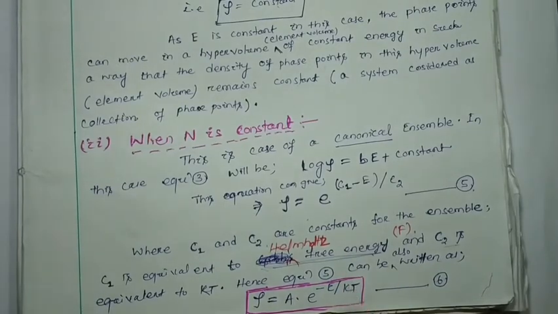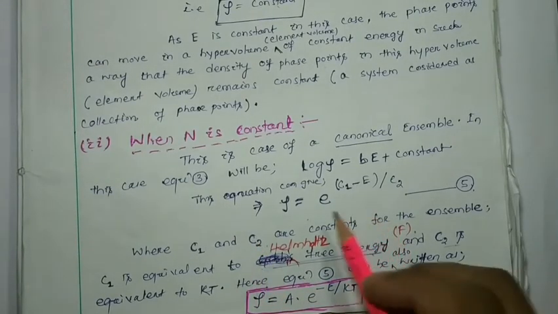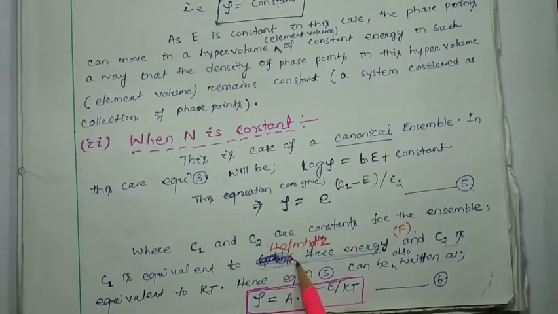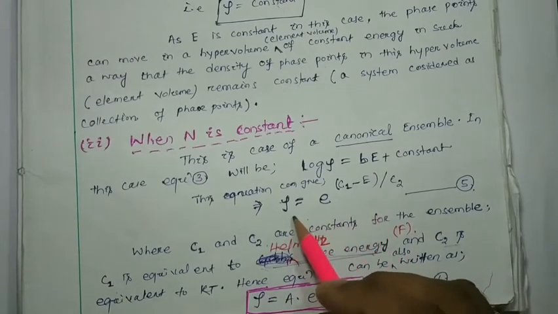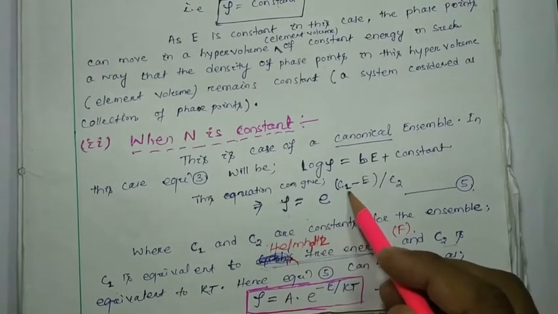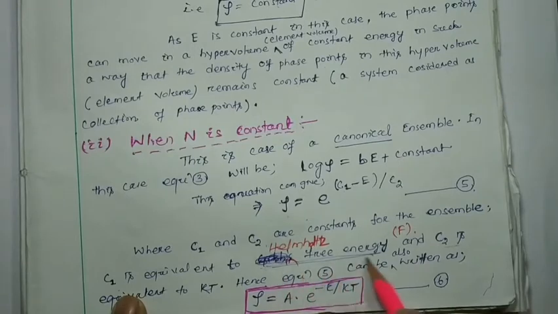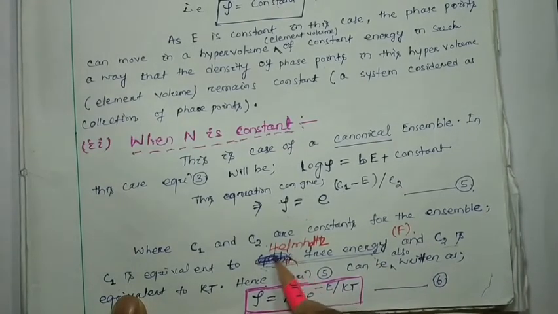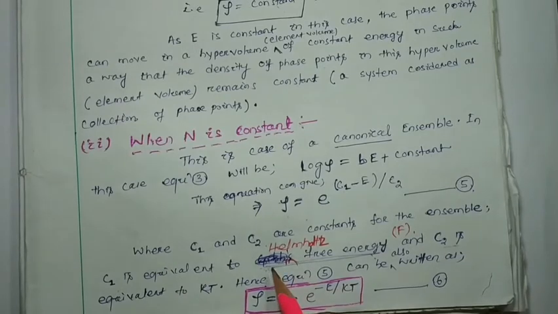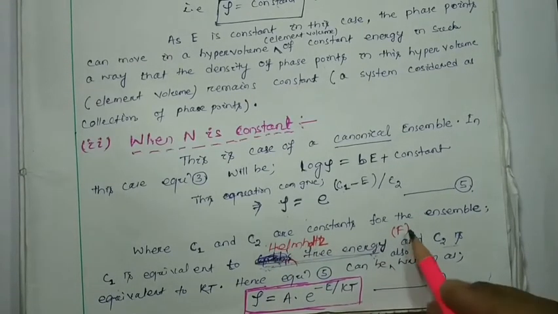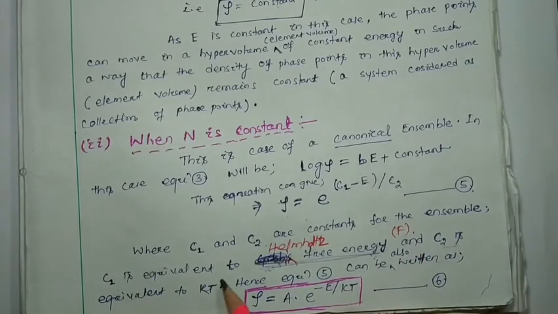Okay, and here I suggest that you go to wherever you wrote this one and correct it. At that time I wrote Gibbs free energy, this is C1. The expression is rho equal to e to the power C1 minus e by C2. Here C1, at that time I wrote Gibbs free energy. You just correct that; it was actually Helmholtz free energy. Mistakenly I wrote it at that time. Go there and correct it first. It will be Helmholtz free energy, that is F. C1 is equivalent to Helmholtz free energy, not Gibbs free energy. Go there and correct it.